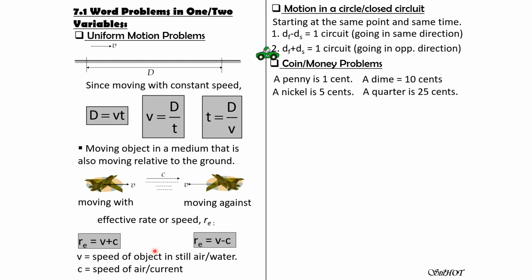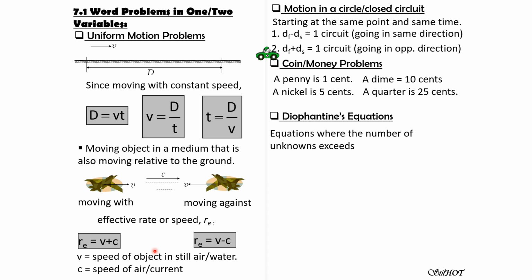Next, the Diophantine equations. These are equations where the number of unknowns exceeds the number of equations. And to solve these equations, it is still possible to solve them, where the number of equations is less than the number of unknowns, by common sense or the fact that the unknowns involved are whole numbers. So the answers would be whole numbers. So that's the technique or idea.